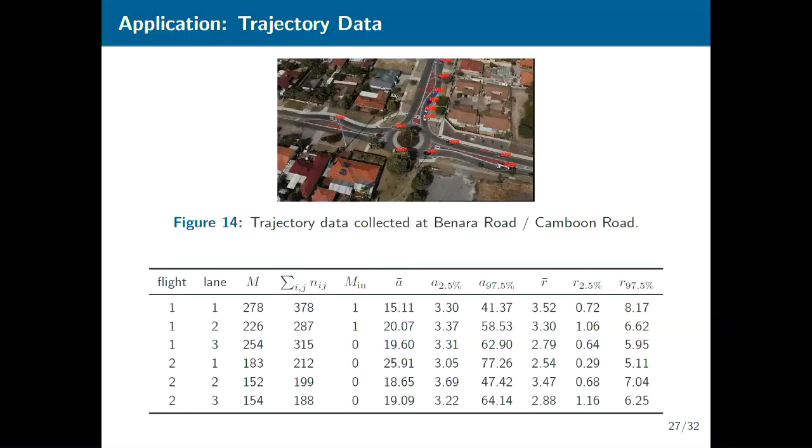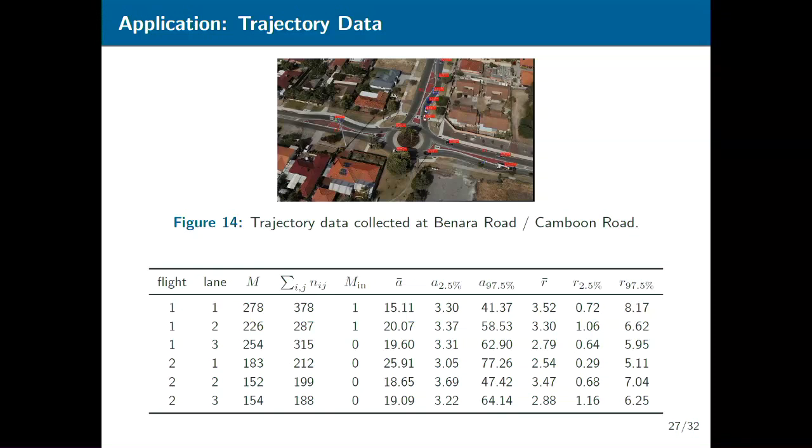The last thing that we did is to apply it to real data. Not because I think that's what the applied in applied mathematics refers to, but because it's what your reviewer will always ask for. In this case, this is the vehicle trajectory data collected at a roundabout in Perth. My collaborators fly drones over the roundabouts, film it, and run some machine learning algorithm to extract the trajectories of each vehicle, from which you can calculate all the gap acceptance data. In this case, we have a 3-legged roundabout with 1 entry lane each. And we have 2 sets of recordings, which I'm calling flight 1 and flight 2 over here.